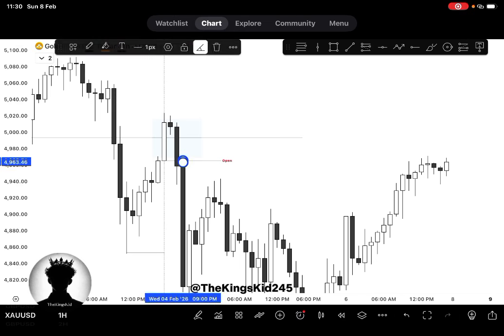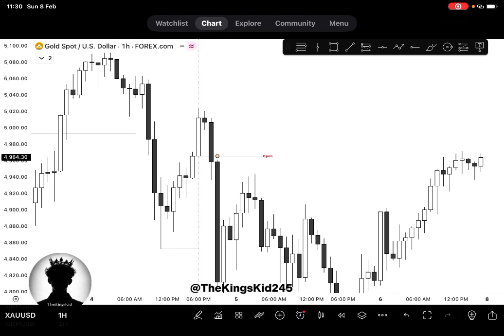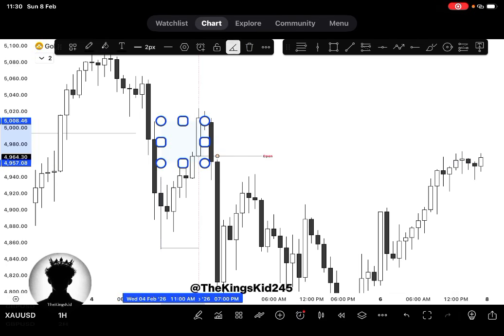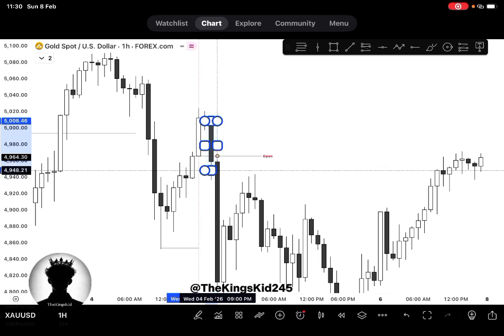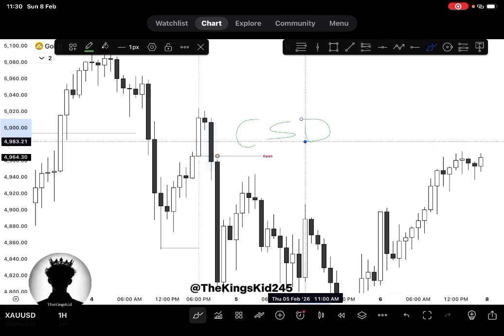If peradventure this candle that closed right here did not close as a full body candle, if it didn't close full like this below the opening price, I will not take it. I need a CSD to confirm it. It's non-negotiable. I need a CSD to confirm it. And the moment the CSD was confirmed, that was it. I took my entry